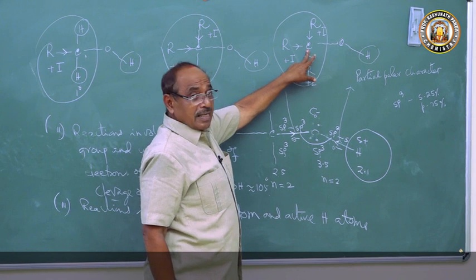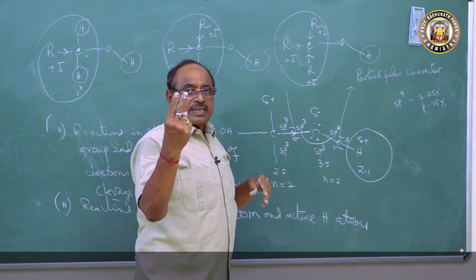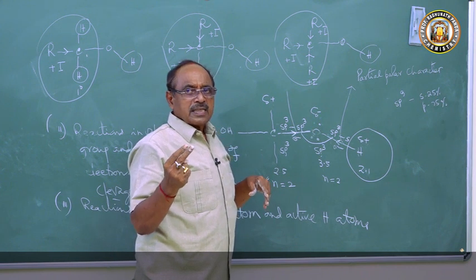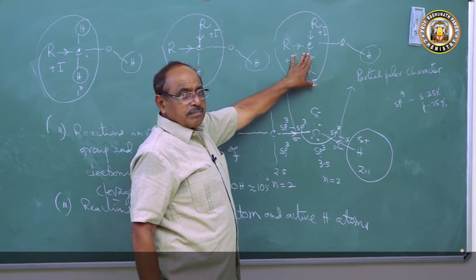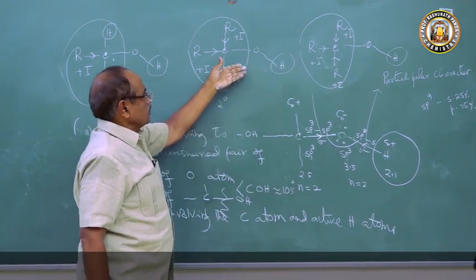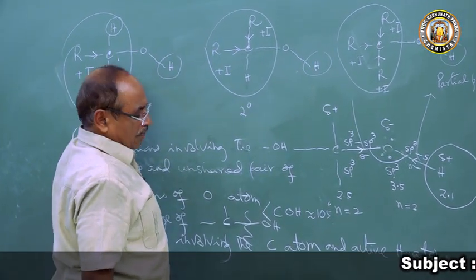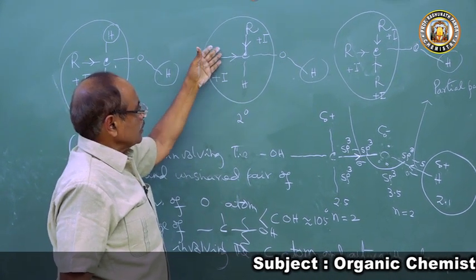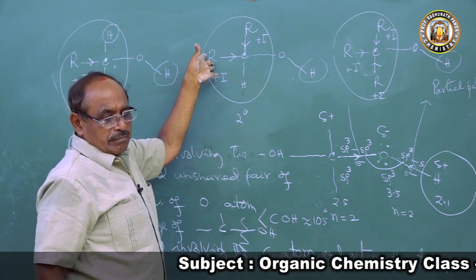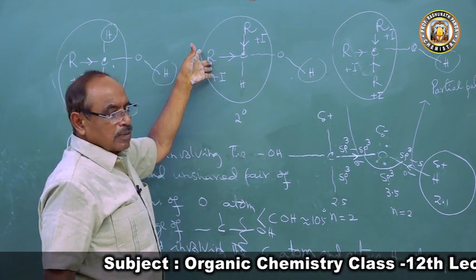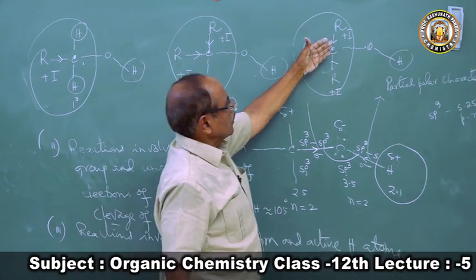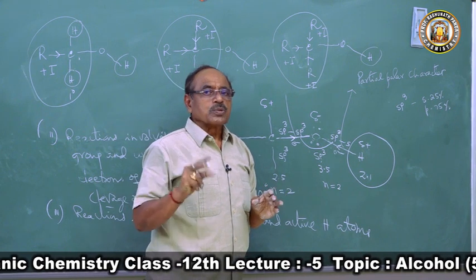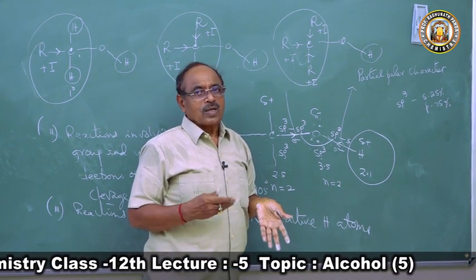So if you consider the carbon atom, in primary there are two active hydrogen atoms, in secondary one hydrogen atom, and in tertiary no hydrogen atom. As for the inductive effect, in primary alcohol it is 1 degree, in secondary alcohol 2 degree, but twice this inductive effect will be pronounced, and in tertiary alcohol it will be pronounced thrice. So keeping this in view, now we will come to the chemical properties of alcohol.